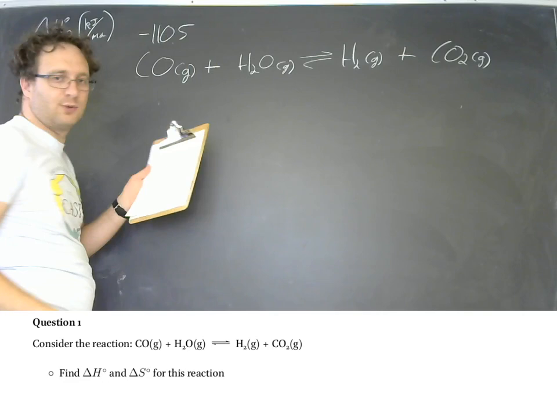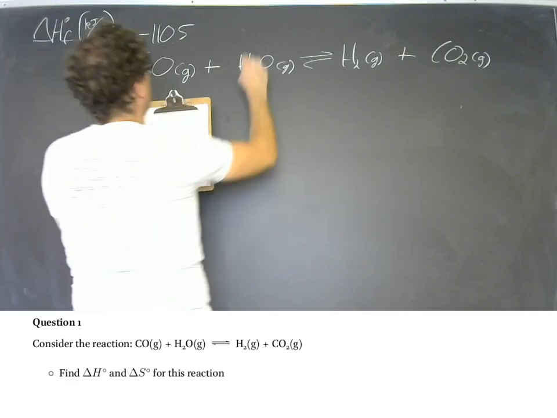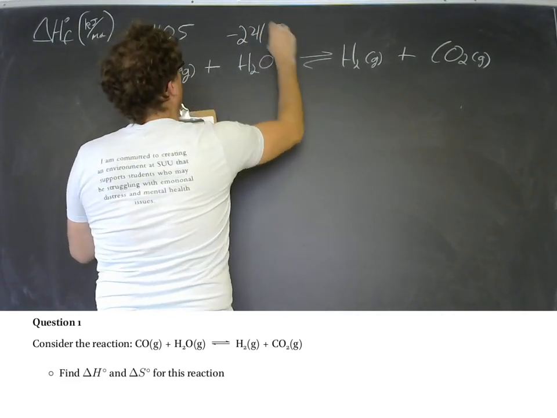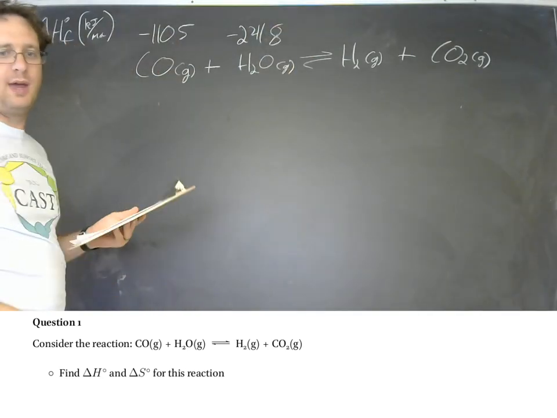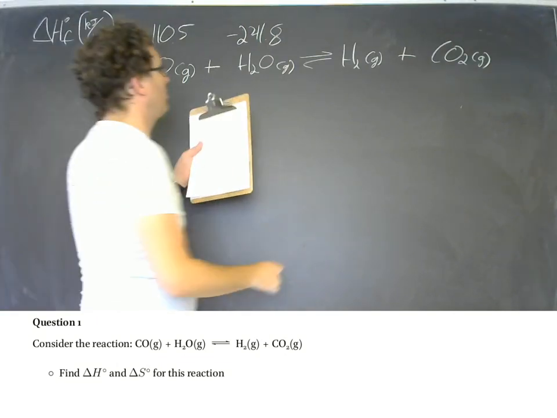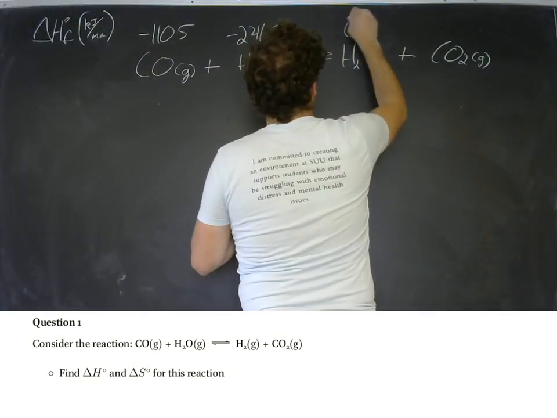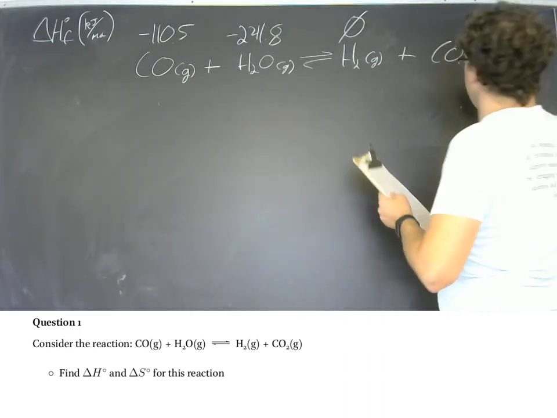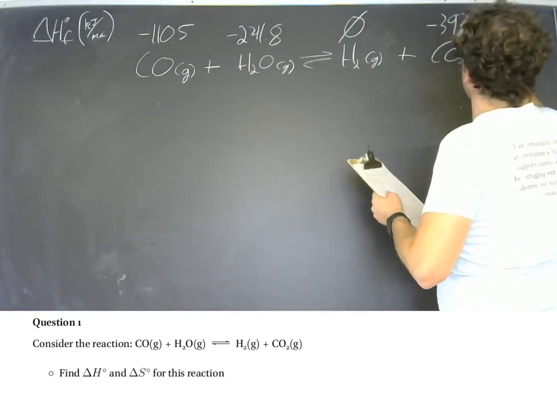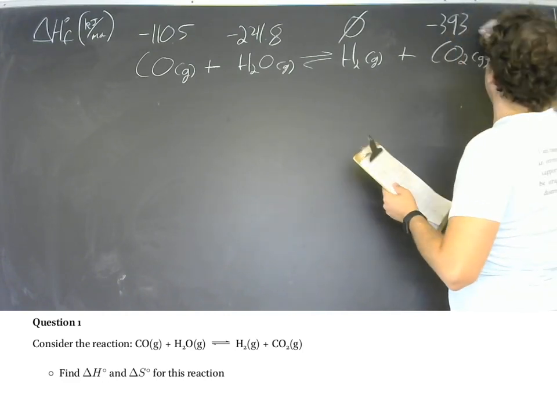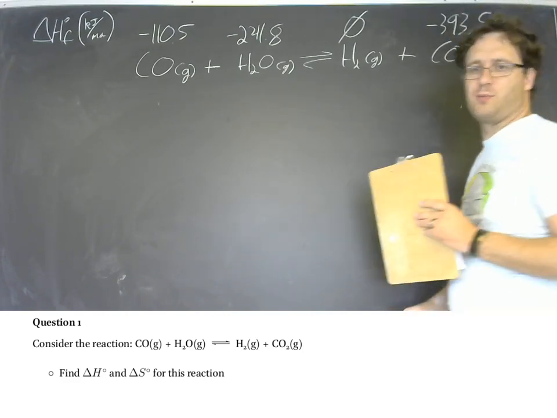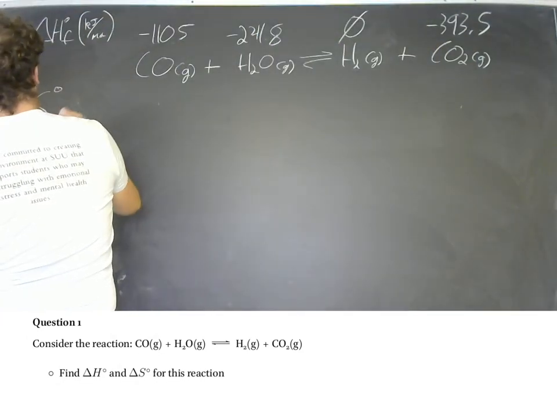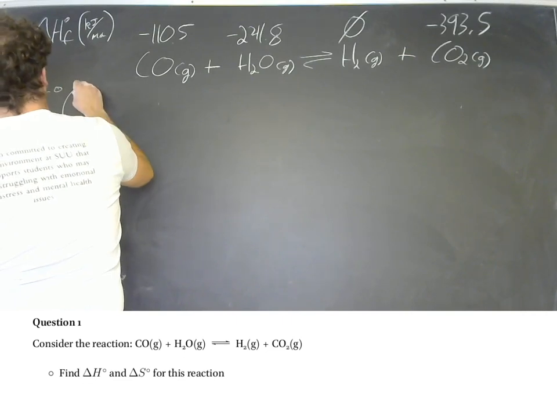110.5 kilojoules per mole for carbon monoxide, negative 241.8 kilojoules per mole as the enthalpy of formation for water, 0 for hydrogen because it's already in its elemental form, and then negative 393.5 kilojoules per mole. And then on the bottom here, the standard molar entropies, and this will be in